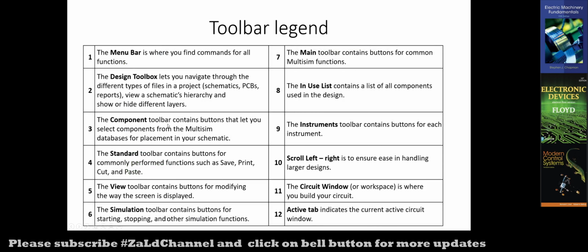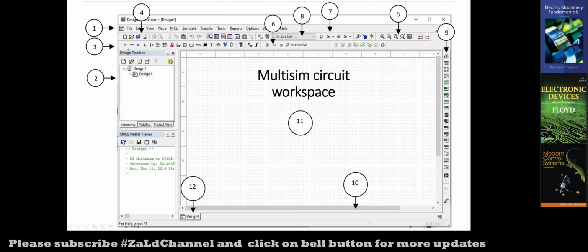The third one is the component toolbar, which I think is the most important area that you should know, which is you can access all of the components from here. Okay, you can access all of the components from here. And then number 4 is